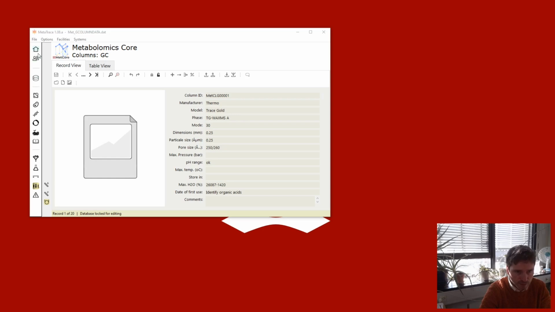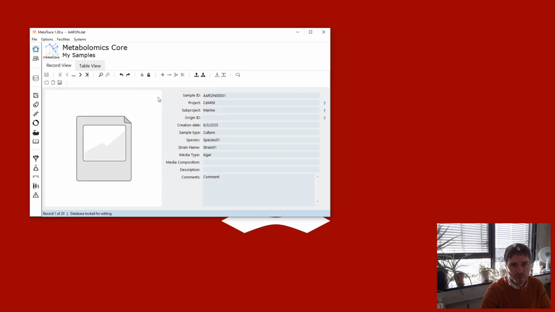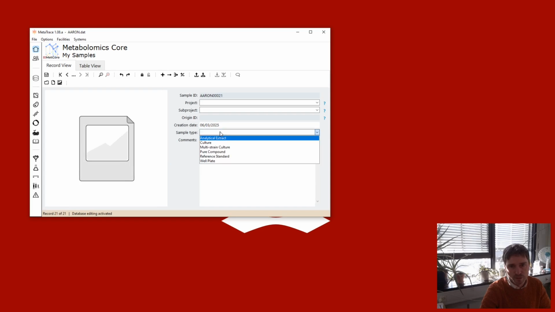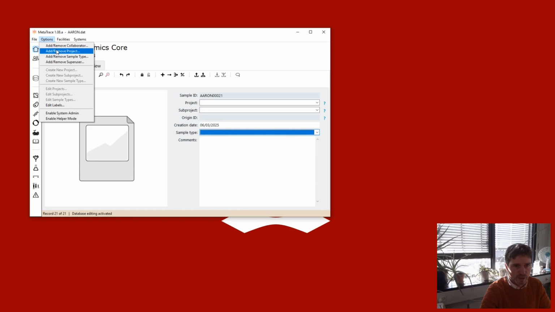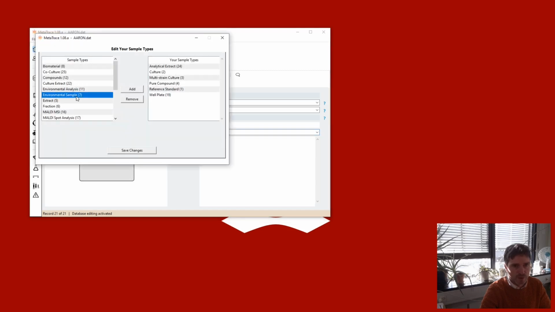Perhaps that could be something like we have an environmental sample that we want to include into the facility itself. So if we're here, we could create a new sample. Do we have an environmental sample here? We don't have an environmental sample, so we just need to simply go to add sample types, environmental sample, add